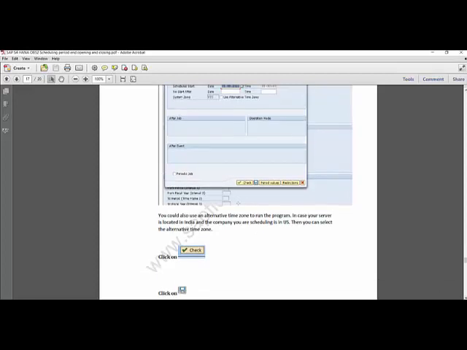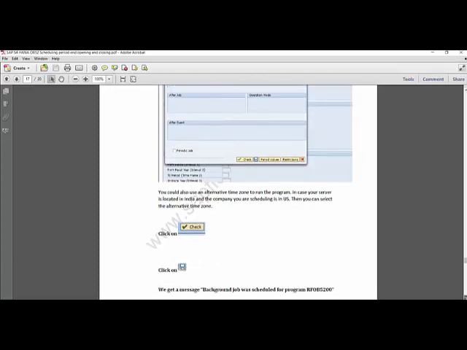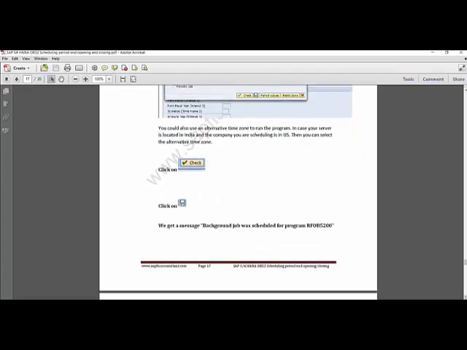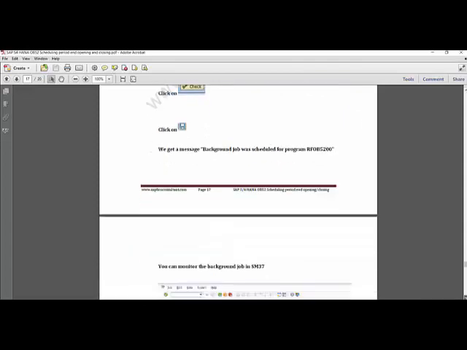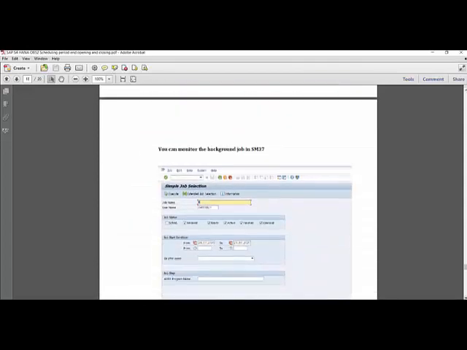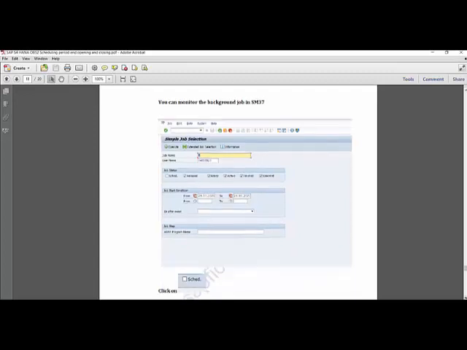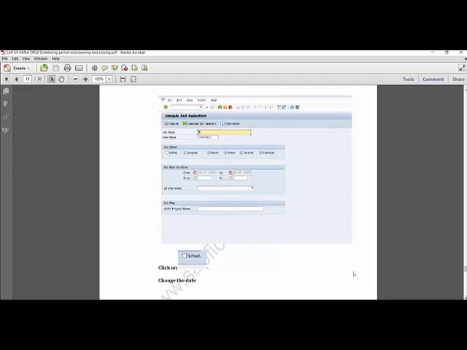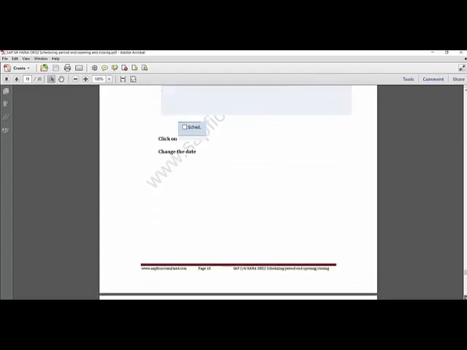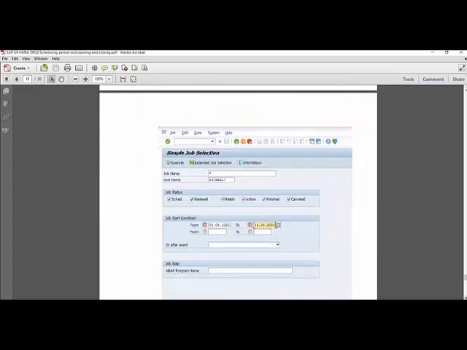Click on check and then click on save. We get a message: background job was scheduled for program RFOB5200. You can monitor the background job in SM37, where all the background jobs are monitored. Change the date to 1st of August, where we had scheduled this job, and click on the execute button.